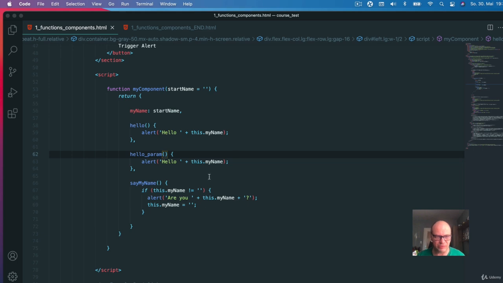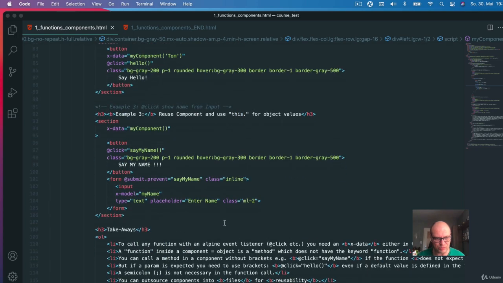So it has a different name. And here we expect a parameter directly inside the method. So let's call this parameter, for example, hello_name, something like this. Okay. Now let's go down to the